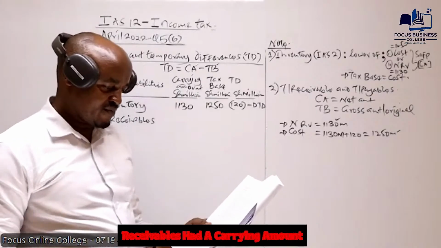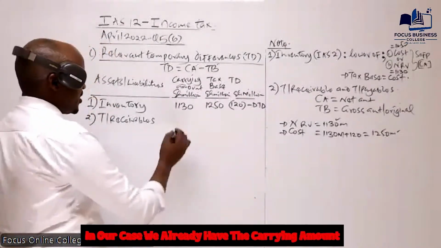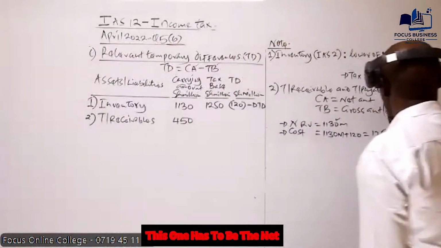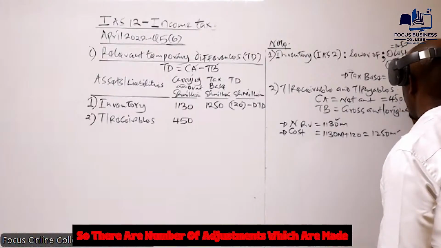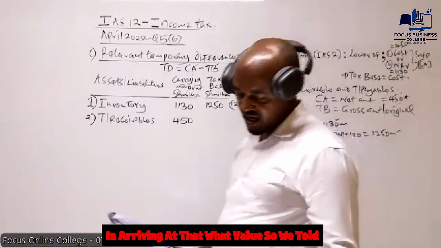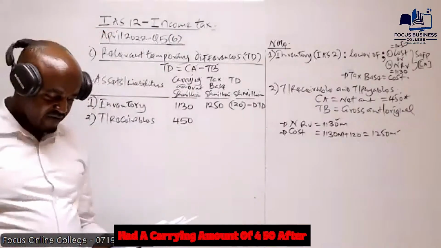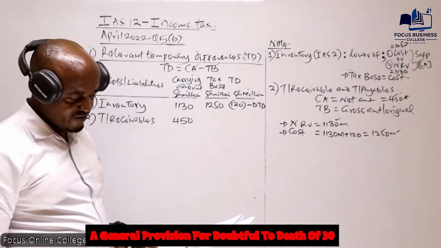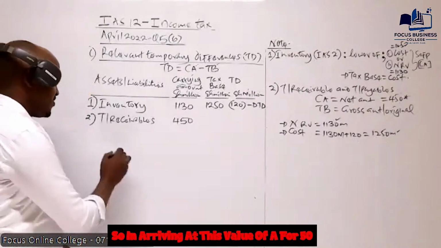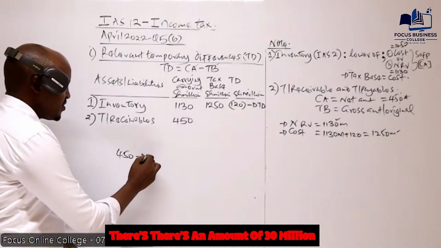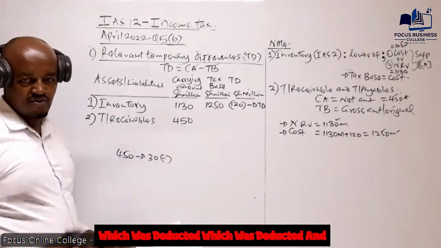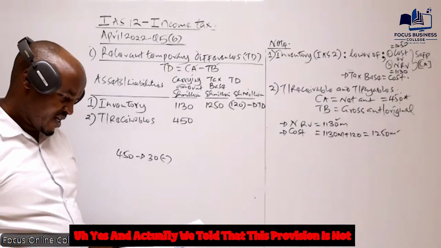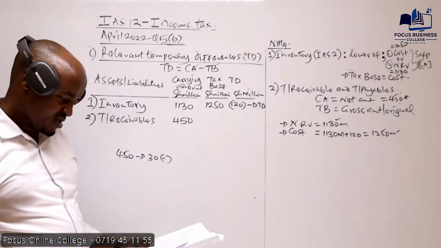So we are told the trade receivables had a carrying amount. In our case, we already have the carrying amount, and this carrying amount automatically has to be the net. So there are a number of adjustments which are made in arriving at that value. We are told it had a carrying amount of 450 after making a general provision for doubtful debts of 30. So in arriving at this value of 450, there's an amount of 30 million which was deducted, and